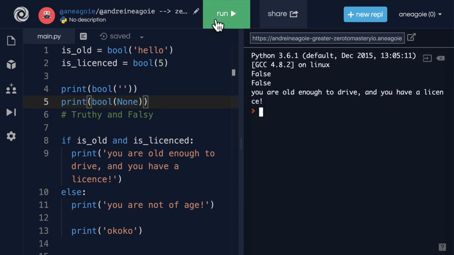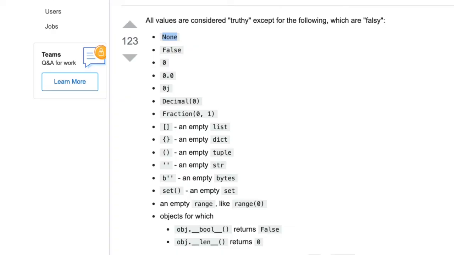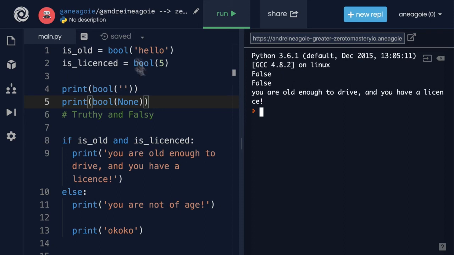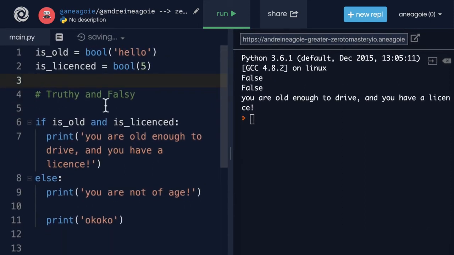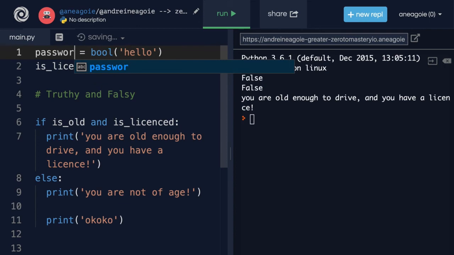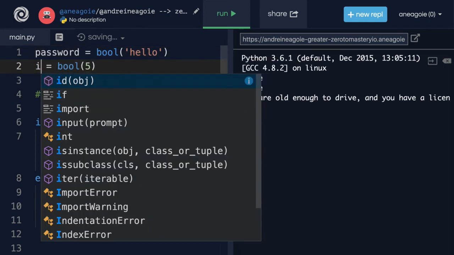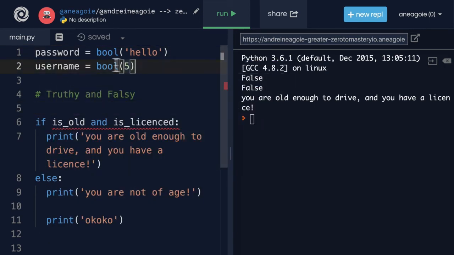Now you don't need to memorize these because most of the time it makes sense, right? But it helps us do conditional logic very nicely. For example, let's remove this. And let's say that we have a user. And this user has to have a password and a username. If, let's say, the username is Johnny and the password is 123, well, instead of me saying, hey, if this